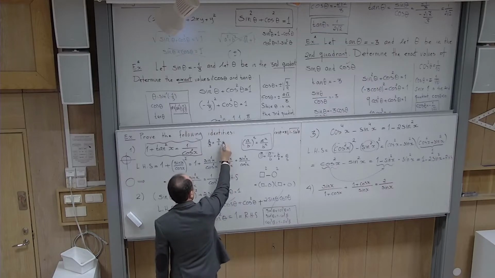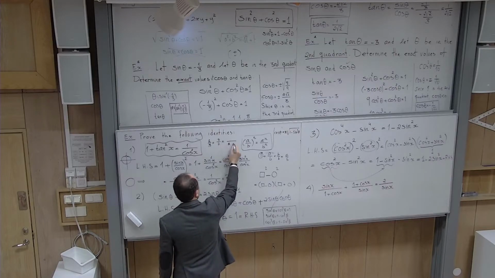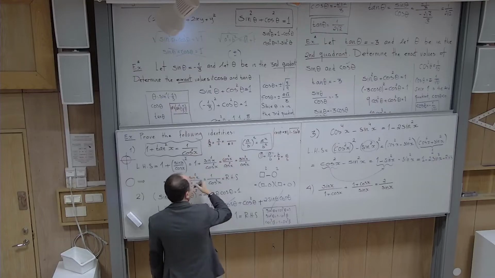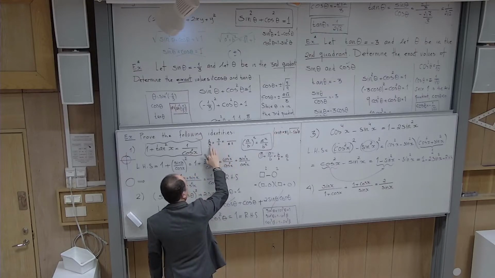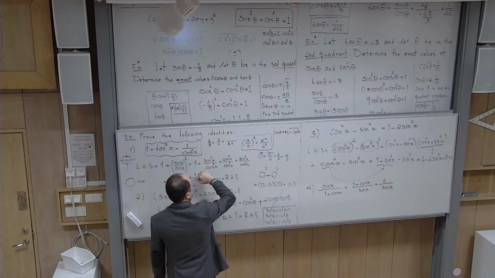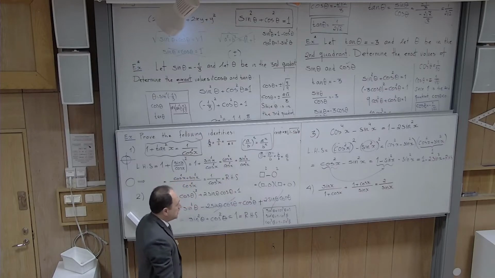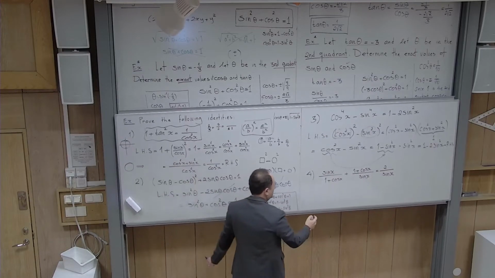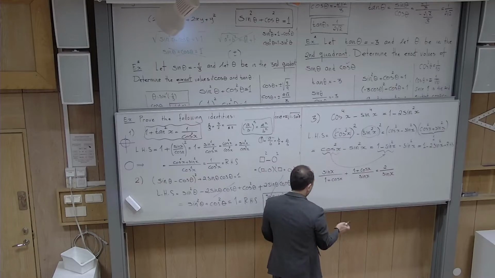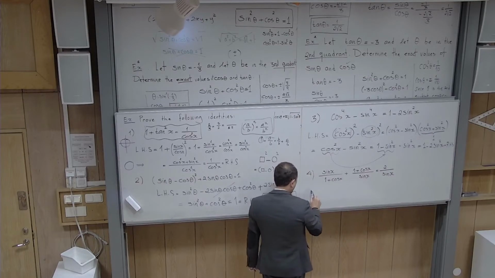If you want to add these two, the common denominator is 6. And then you say 6 divided by 3 is 2, so you multiply by 2 here. 6 divided by 2 is 3, so you multiply by 3 there, yes? So I would prefer to do it myself in this way. You can rescale them, but I think it's boring. Yes, so I would say the left-hand side is equal to